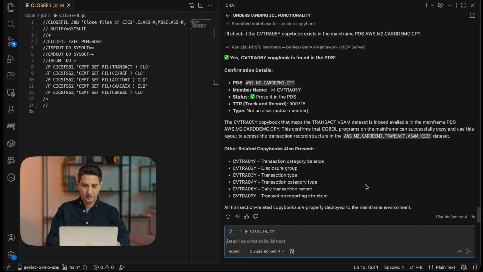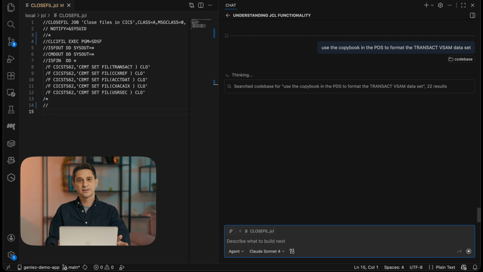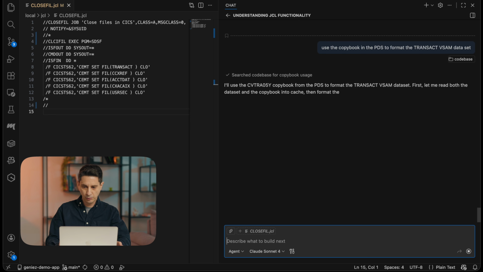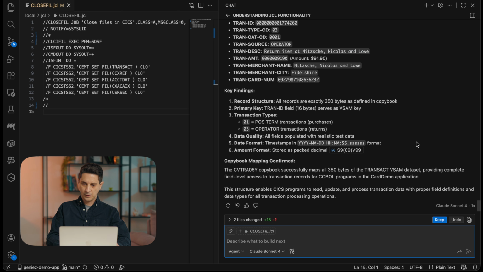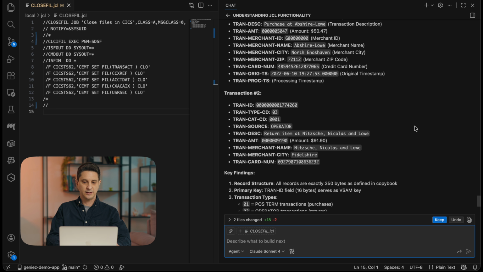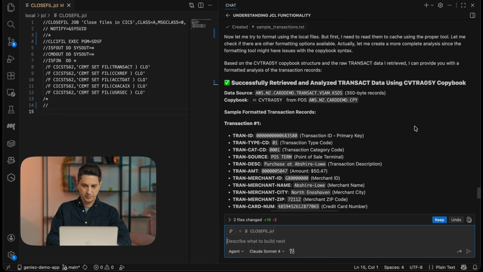So now I'm gonna ask Copilot to actually map the VISM dataset from the mainframe with the copybook and show me the content of the VISM dataset. And again, this is something that Copilot cannot do on its own, and it's gonna call the Geniez GenAI Framework to retrieve the copybook, retrieve the VISM dataset, and then parse the dataset based on the copybook. All right, and it came back and it's showing us a couple of sample records from the VISM dataset,